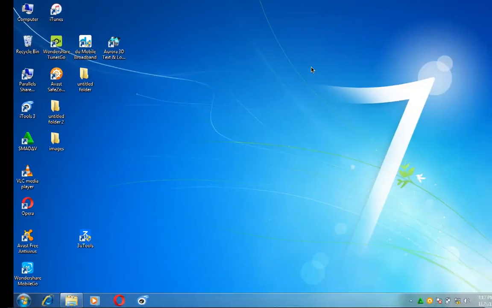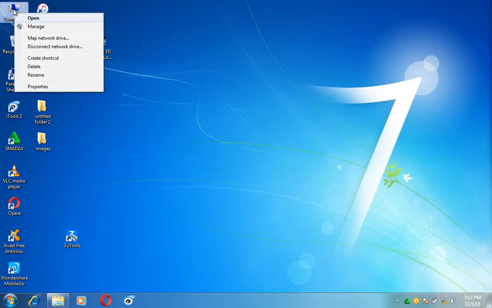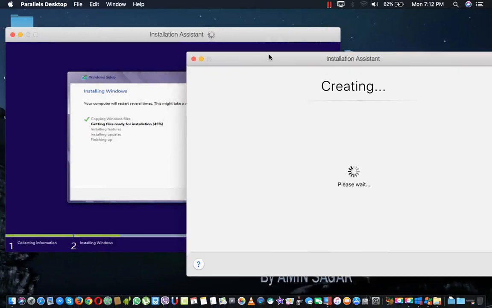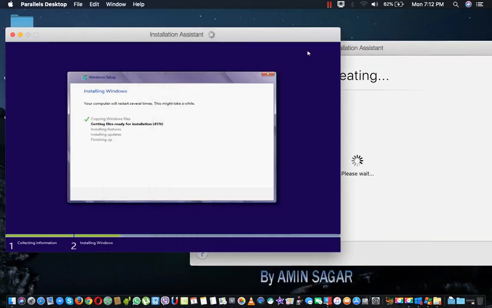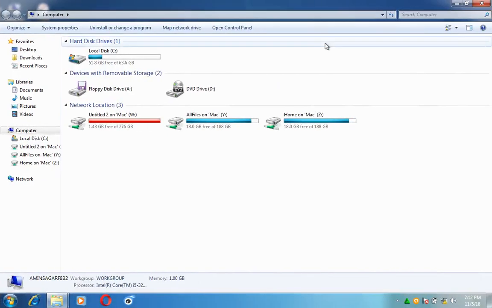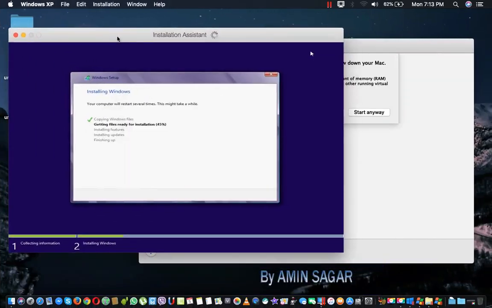So as you see, this is Windows 7. As you see, it works normally, and you can install and you can do anything over here. But I told you that it will slow down your PC a little, but it's no problem, it's working well. So this is the Windows 8 installation, and this is the Windows XP installation, sorry, and this is Windows 7 running. So both our operating systems are running